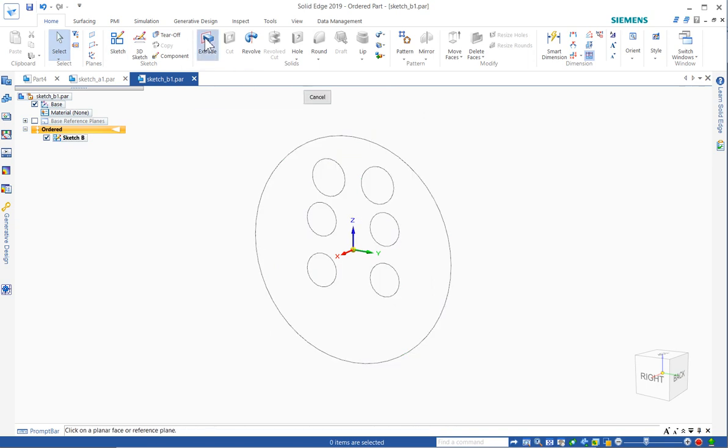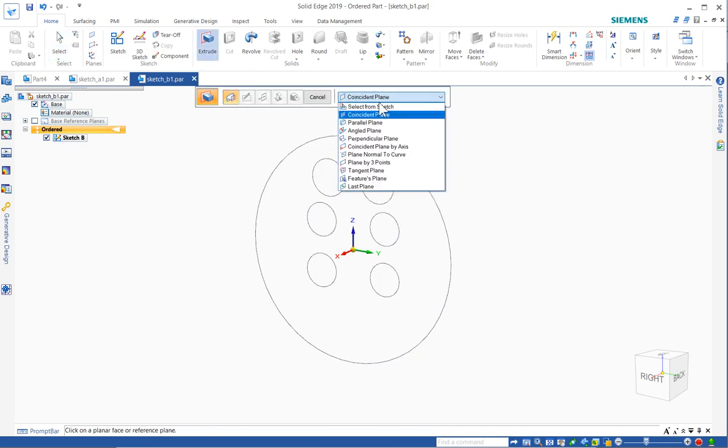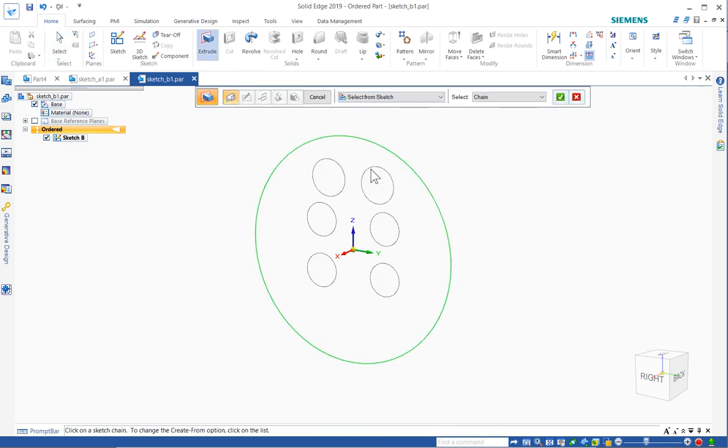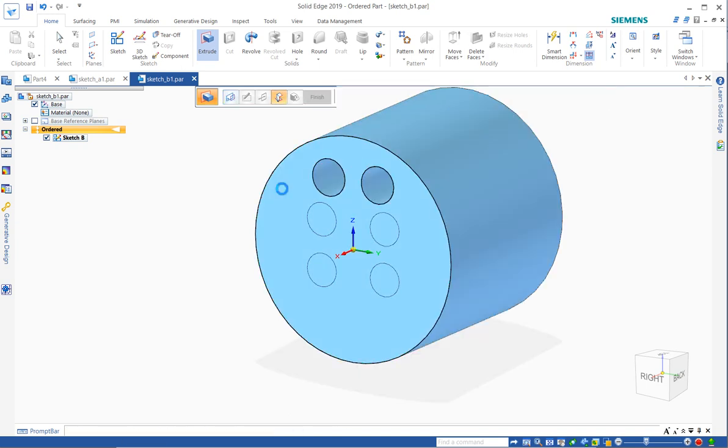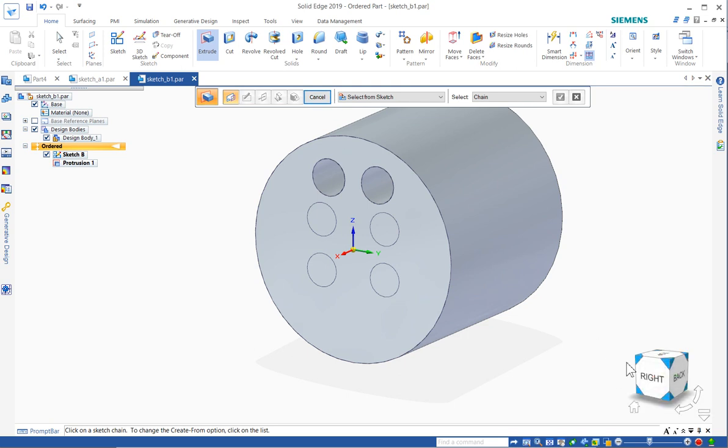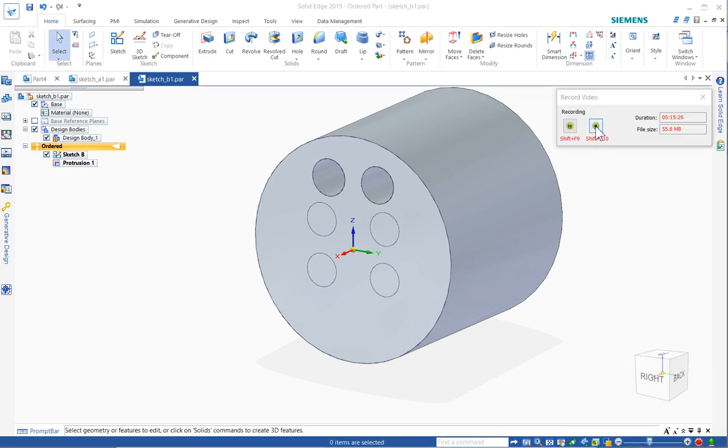So that's just ordered sketching. The main difference is you go in and out of the profile environment. Then of course if you wanted to do an extrude, and we'll cover this later, you would select from that sketch and maybe you'd grab some of the interiors and you'd make a solid out of it. But we'll get to that. So that's sketching in the ordered